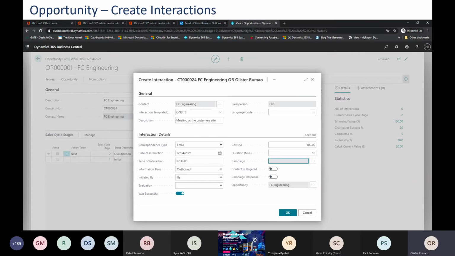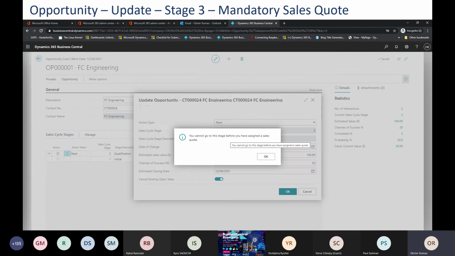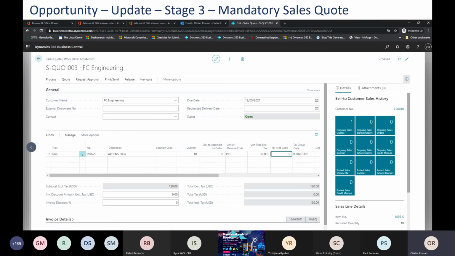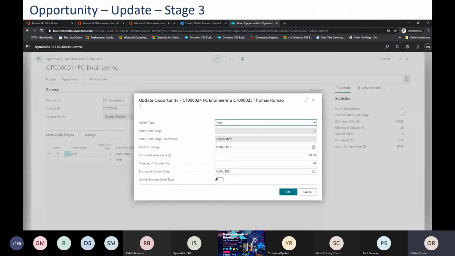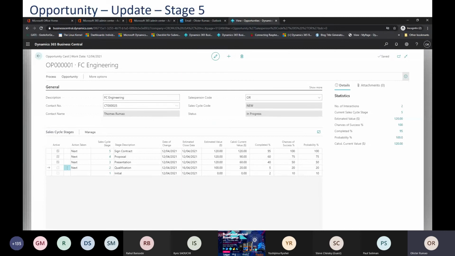Okay, so now if you see, when I'm trying to update, it says that I cannot go further without a sales quote, which means, if you remember, on the sales cycle we have given the quote needed. We have made it mandatory for stage 3. So once I create a sales quote over here, I will now be allowed to create the next stage, which is presentation. And moving further, I have created stage 4, 5, and at this stage I will be marking if